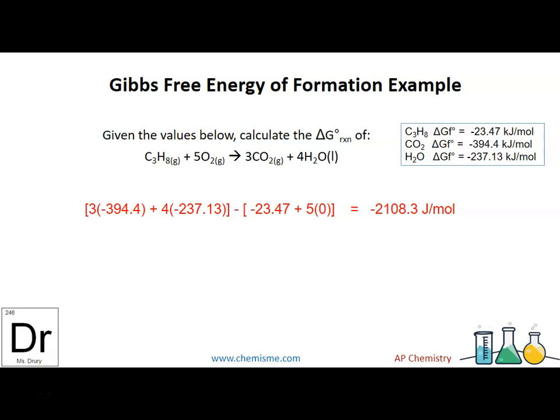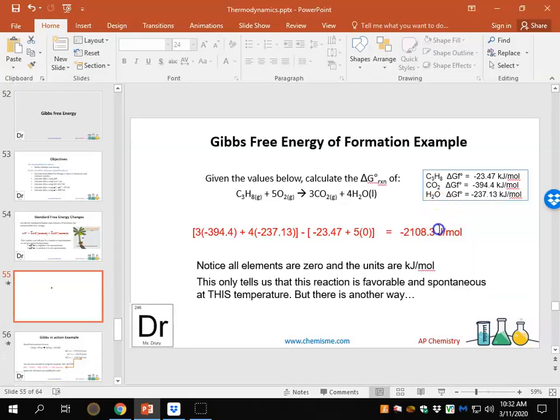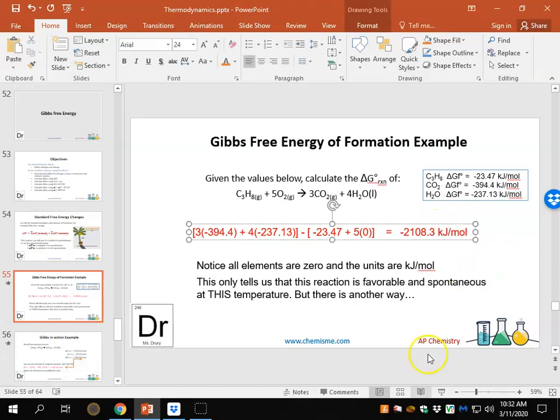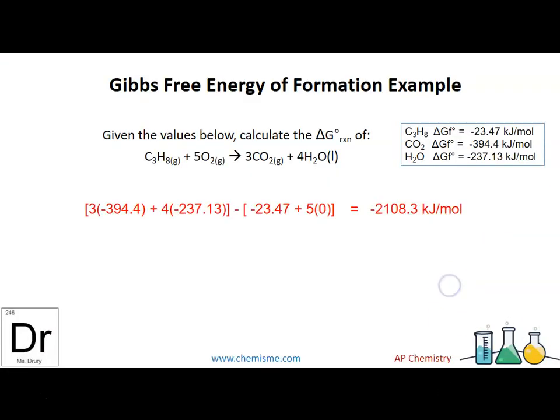This gave us a negative value of 2,108.3. Remember, when you're adding and subtracting, to go by decimal places. Since one of them only gave me 1 decimal, I have 1 decimal. It looks like a lot of sig figs, but remember, it's only actually 1 decimal. In that case, from here, something that we should notice is the units. Oh, I did a bad job of copying. The units should be kilojoules per mole, copying from the table given,